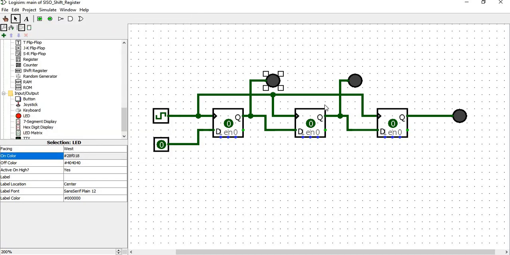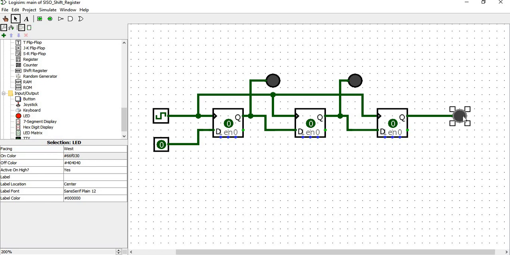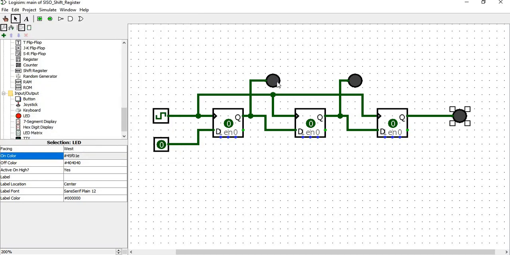When the LED is on, you will get the green color. So I'm going to pick the color of the LED as green. Now I have chosen the color of the LED when it is on.